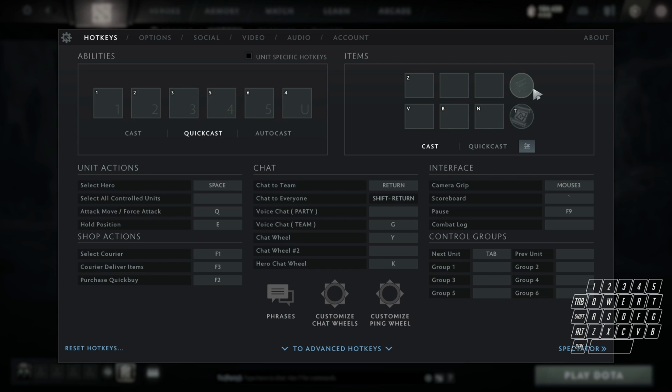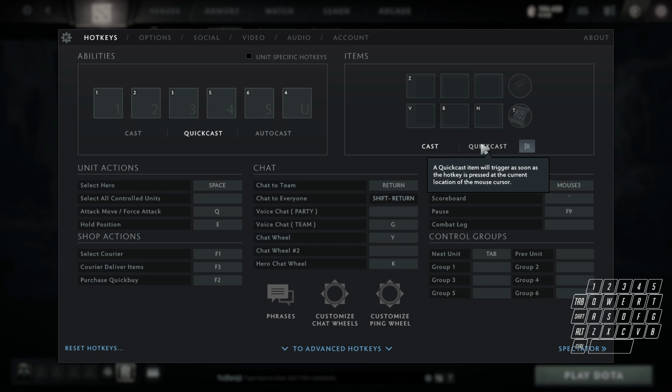My items are kind of standard as well, I think. I think my items are on the standard buttons or hotkeys, whatever Dota has for some reason. So I kept that, it's just a habit. I have it on Z, V, B, N, X, and C. My TP scroll is on T, and my neutral item is on...